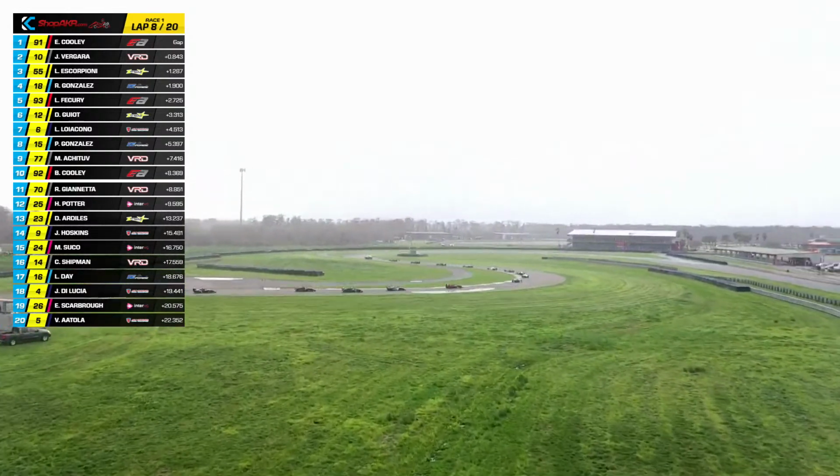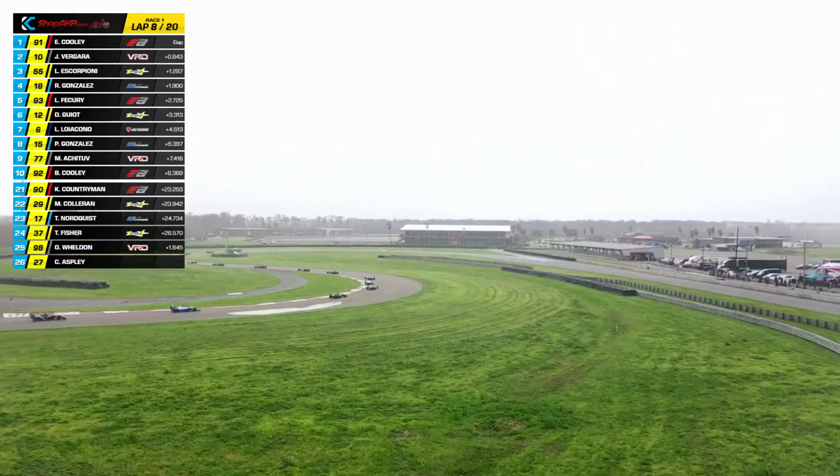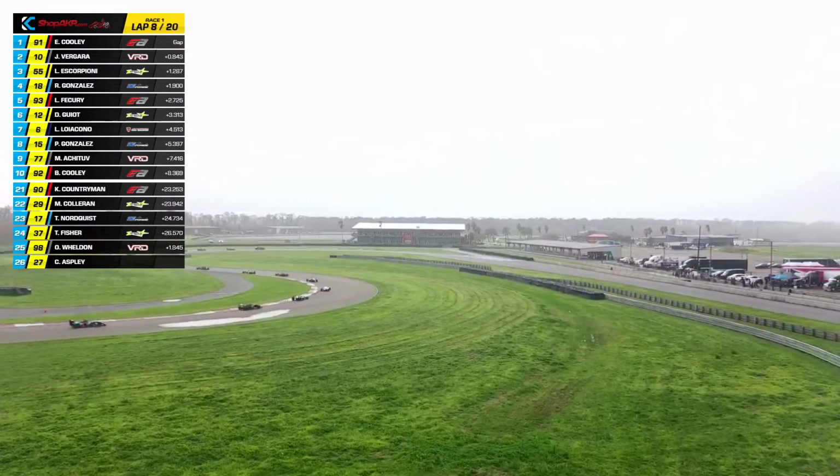This will be the completion of lap number 8. We'll go green with then 11 laps to go. So just under halfway in race number 1. We knew this was going to be